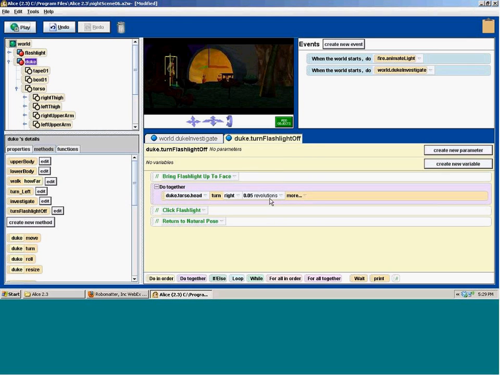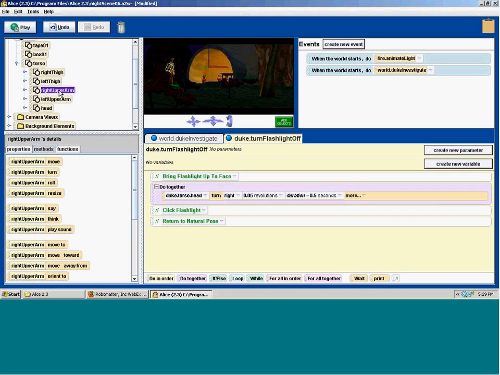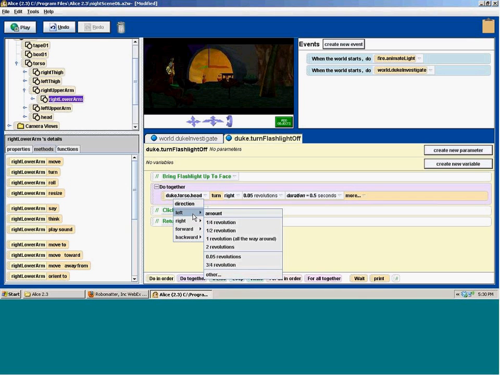0.05 revolutions. This is going to happen over half a second. So it's 0.05 revolutions over half of a second. And then we're going to animate his arm. Remember, his arm's going to bring that flashlight closer to his head as well. So we have to select the right upper arm. Not select it, but open it up, and then we are going to open up or select the right lower arm. And we're going to have this turn to the left,